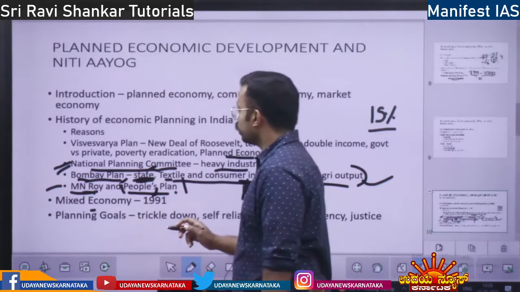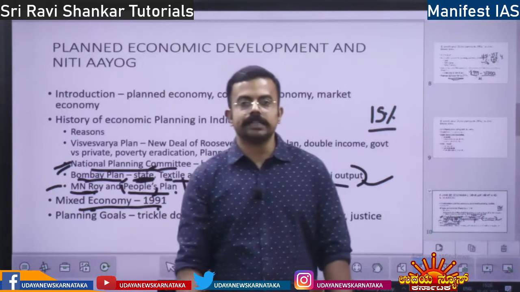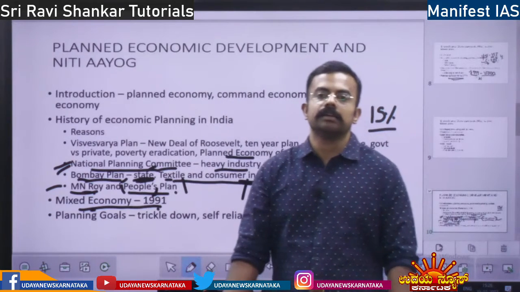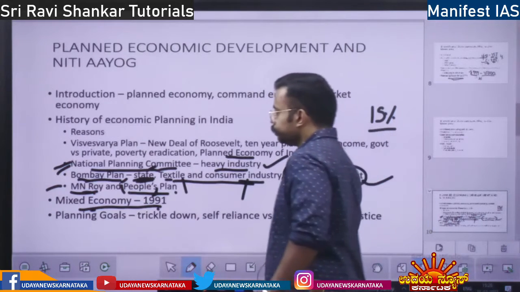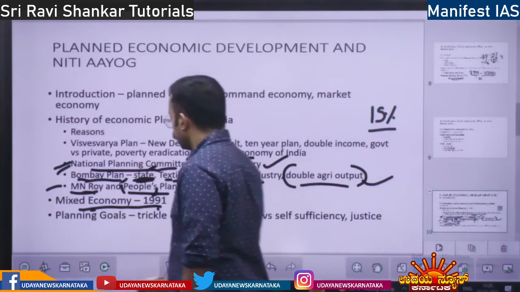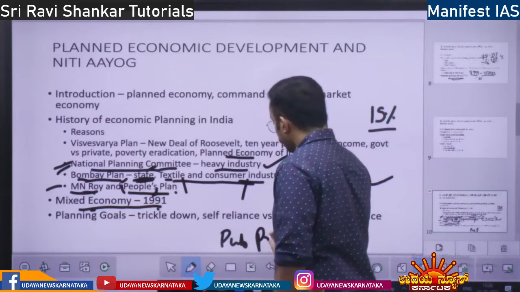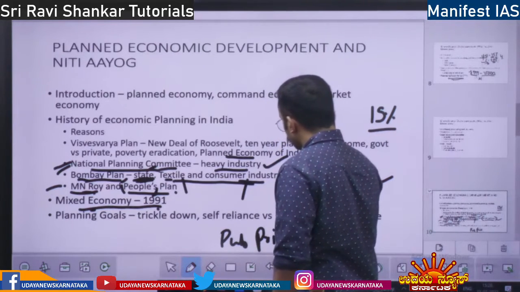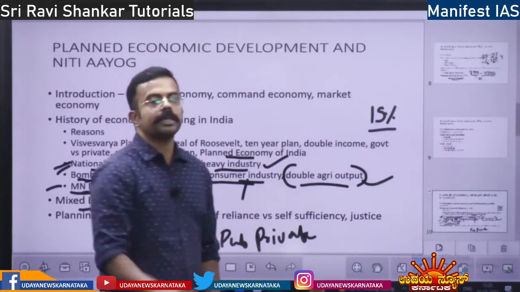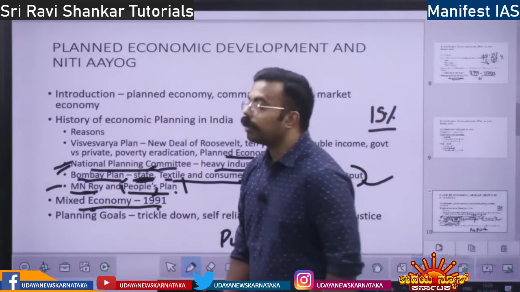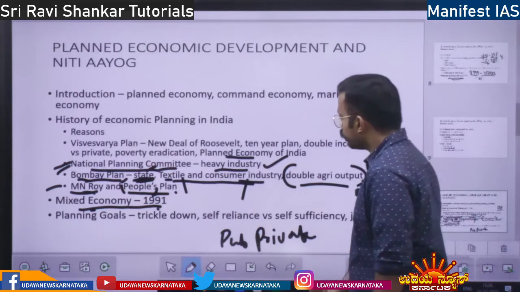Next, mixed economy, 1991. So India was a mixed economy. I told India is a democratic socialist country. We follow democratic socialism anta I told, right? Mixed economy. So democratic socialism alli there is both public sector and private sector. So even before 1991 India is a mixed economy. Even today India is a mixed economy, right? But what is the change? Then what change has happened? So before